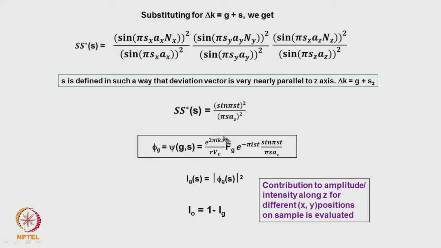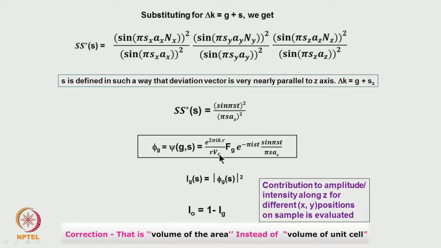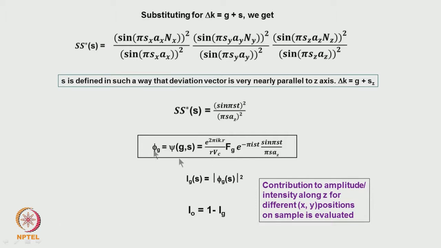So this will be the amplitude which it will give. This term, because when a scattering takes place from a particular point and the intensity we are measuring at a point which is far away, r, then this will give e to the power of 2 pi k dot r by r, okay. And this is divided by the volume of the area. If you take it per unit volume, you will be getting this amplitude. So amplitude squared gives the intensity, correct.